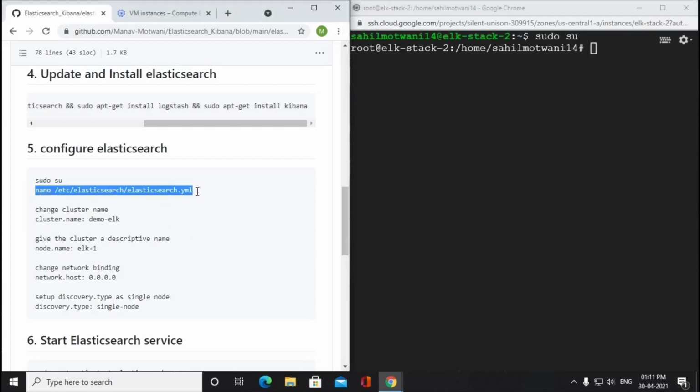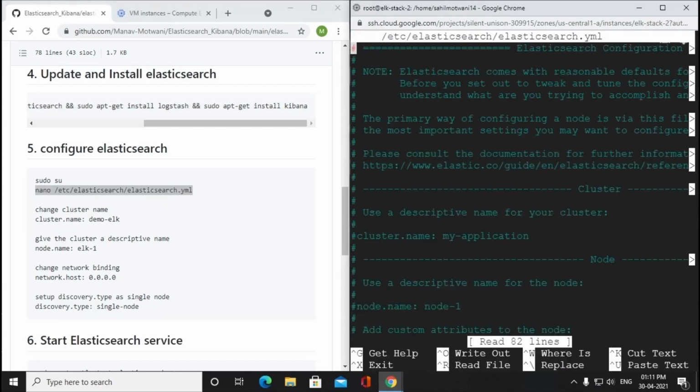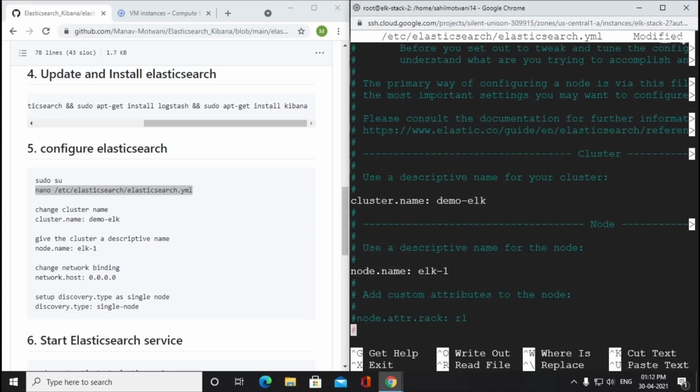Now we will open the elasticsearch.yml file. Then we will give a cluster name. Then we need to change the node name, uncomment the node name, and we will give a node name.